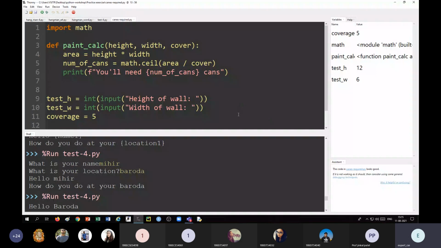Okay. So now try to write a function for checking whether the given number is a prime number or not. Do it and just put the code in the checkbox.